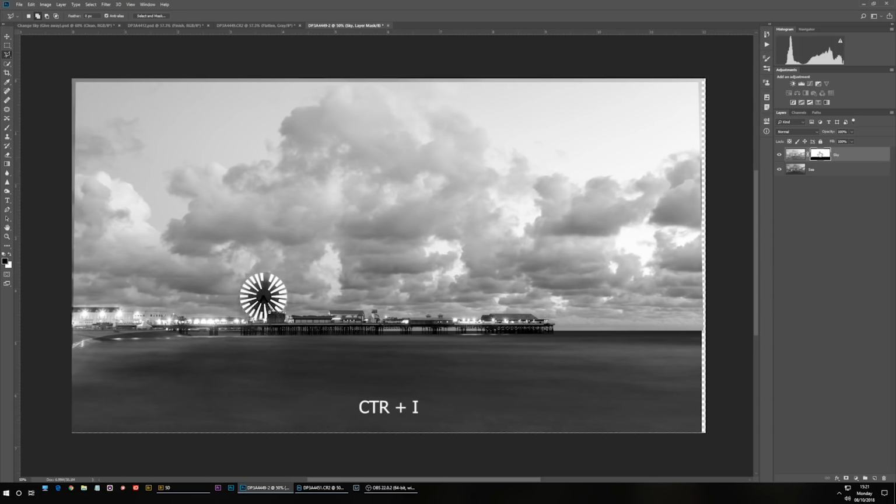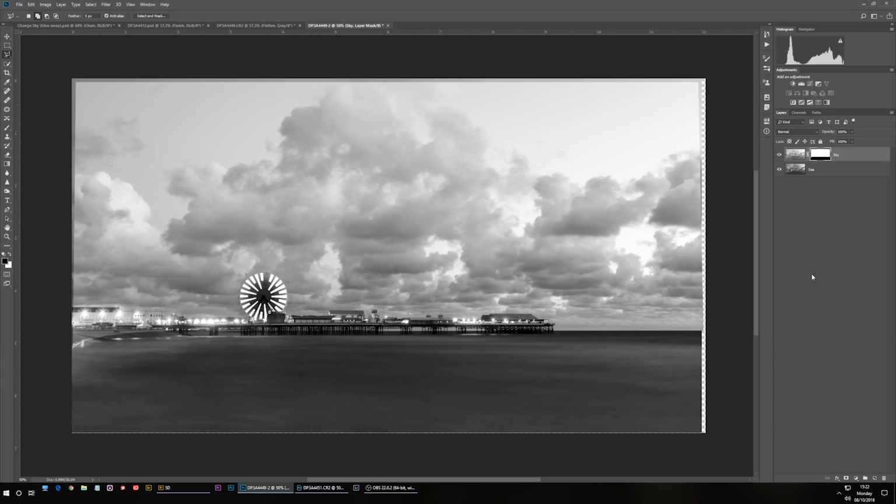Once I've inverted it, it'll actually cut the sea out and not cut the sky out. So it's very, very simple. It's a good little tip that, by the way. Every time you press Control and I, whatever color you're on, it'll automatically take you to the opposite color. Now, as you know, or probably know, layer masks work with black and white. So if you simply want to invert, white turns to black and so on and so forth. So it's dead easy. So now instantly you can see,